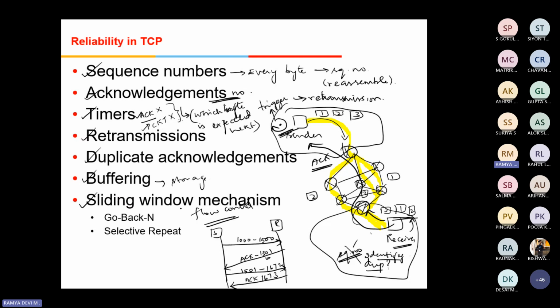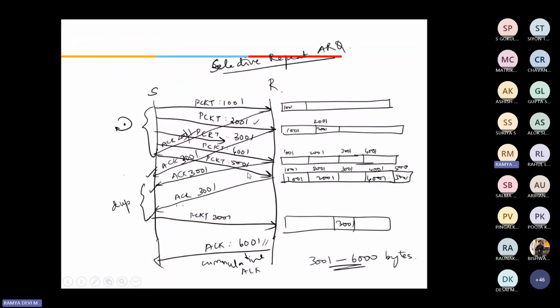Okay. In sliding window mechanisms, there are two sliding window ARQs. One is Go-Back-N. If one packet is lost, TCP goes back and transmits all the packets. In this scenario, if the third packet is lost, it will discard the fourth and fifth, and request all three packets. Even if they were received correctly, everything will be ignored, and the receiver will request all the packets for in-order delivery. That is Go-Back-N.